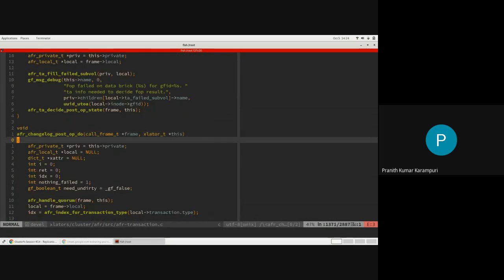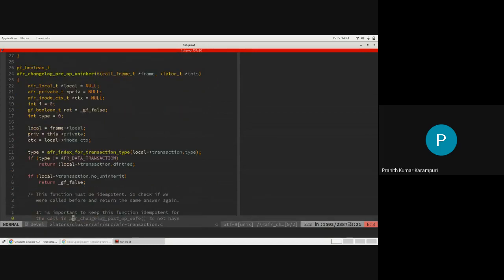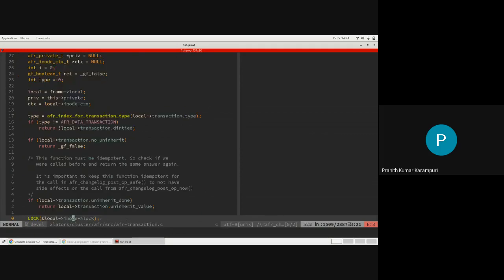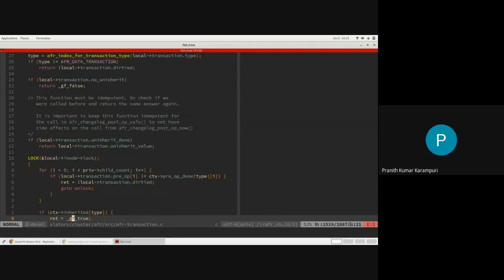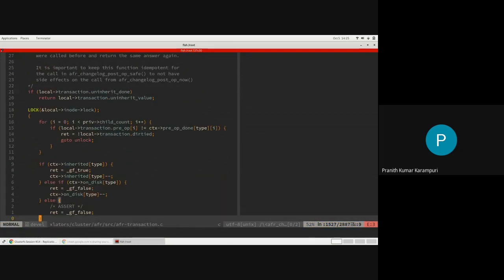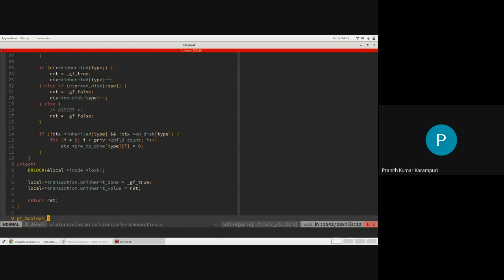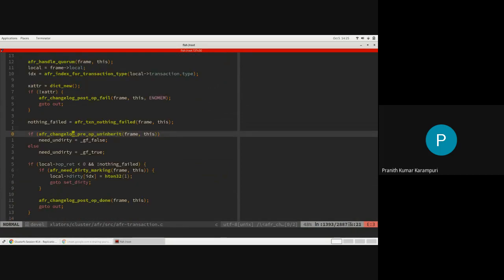In this post-op, what it will do is the reverse of what it has done before. So it will do an uninherit, which is to see if this is an inherited one, like if the pre-op is piggybacked by other transactions, it will see whether it can just do this inherited minus minus and say that, okay, there is nothing to do. So this is an optimized path. In that case, it won't send any operation on the wire.